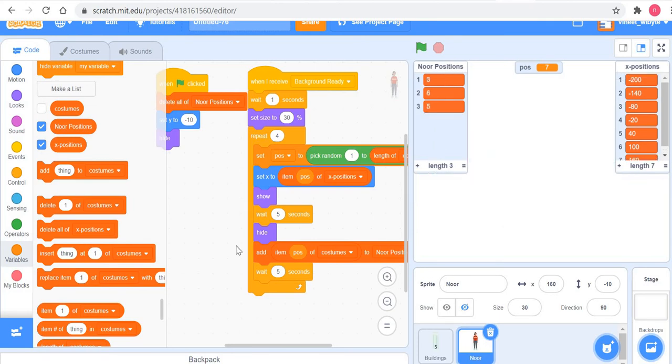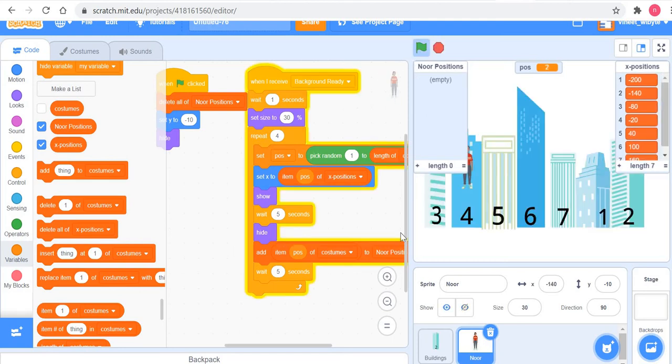Now the next question that comes up is how can we avoid Noor from going to the same place twice? Now this is a little bit tricky perhaps, but if you pay attention to this, it is not all that hard. Remember, the variable pos is keeping track of which position on the X positions and costumes Noor has visited.